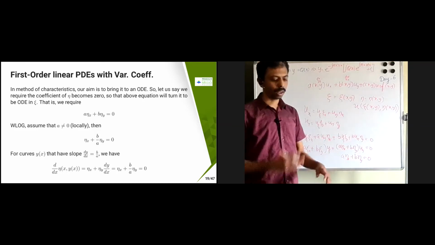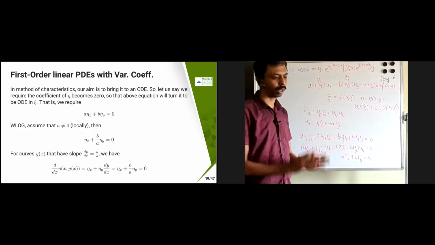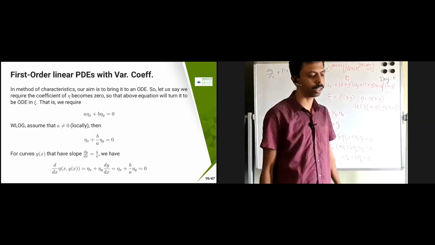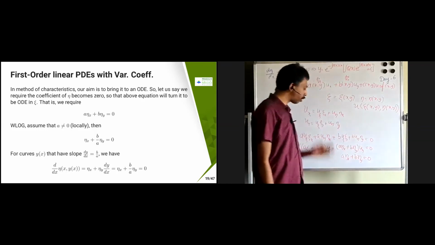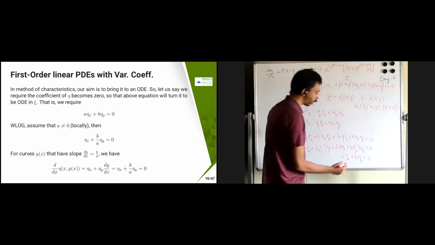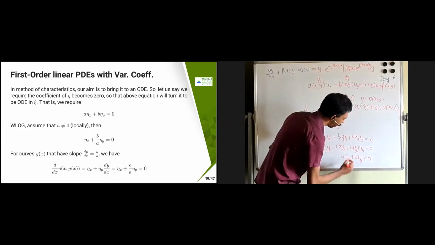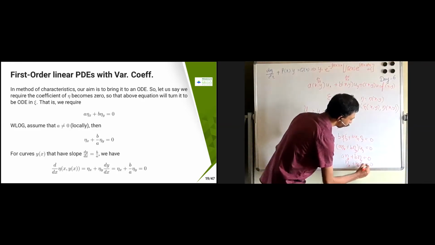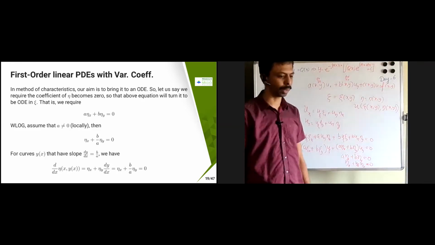Almost your equation is going to become the same. At the end your equation is going to become the same. We can just prove that in the existence-uniqueness test. So what is going to become? This is going to become like eta x, since a is not equal to 0, eta x plus b by a eta y equal to 0. So that is becoming 0.